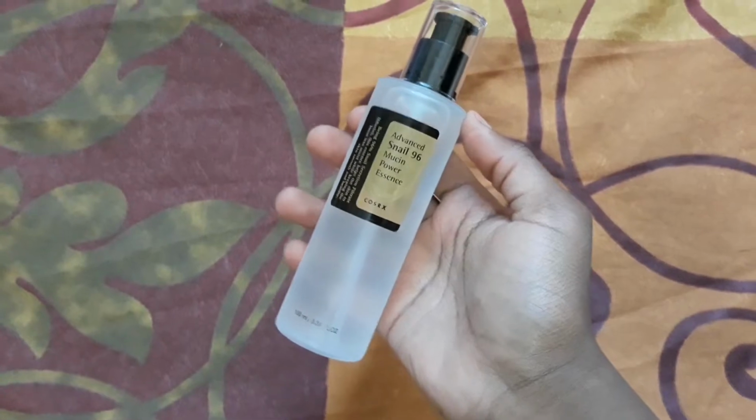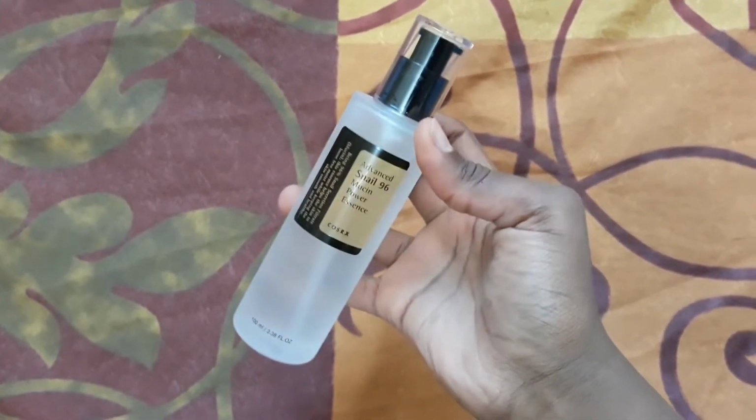Snail Mucin essence, which is a very popular type of essence, and I preferred this one because it's actually affordable. So if you want to start out, this is one of the best essences to start with, and the brand is also very respected. One thing you'll notice with Korean skincare is that they rely heavily on hydrating your skin